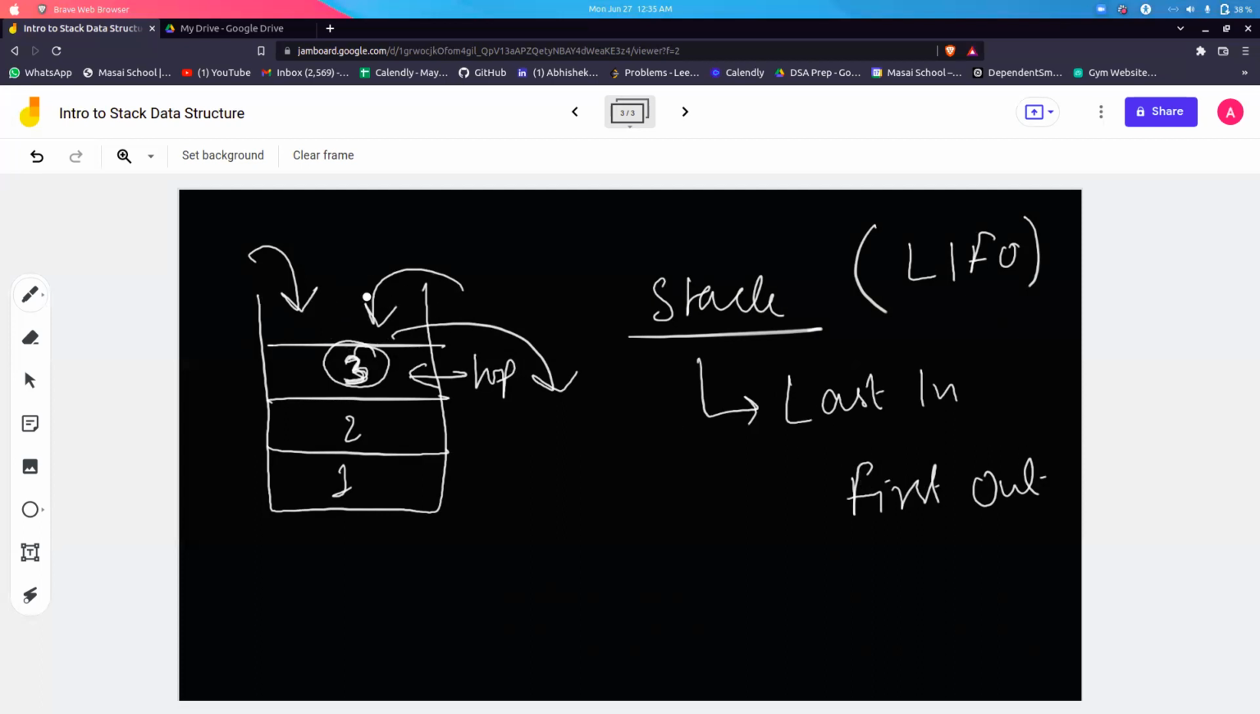Like, this last element can be removed first. I cannot remove any of the other elements apart from this. So this stack will always follow this property that is called last in, first out. Okay. So these were a few of the important things that we need to know